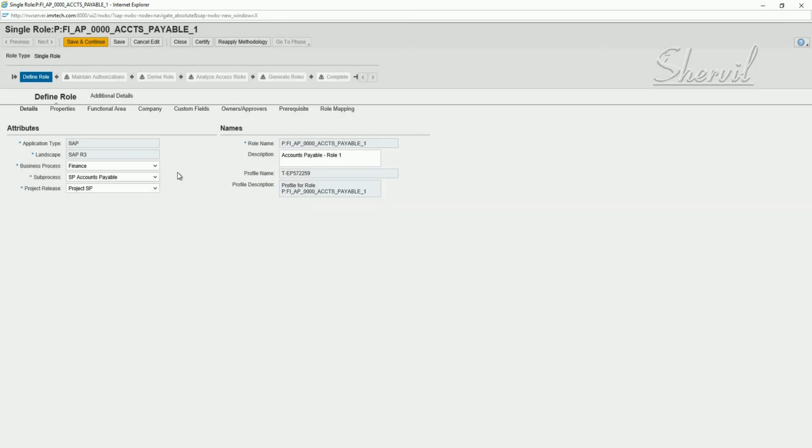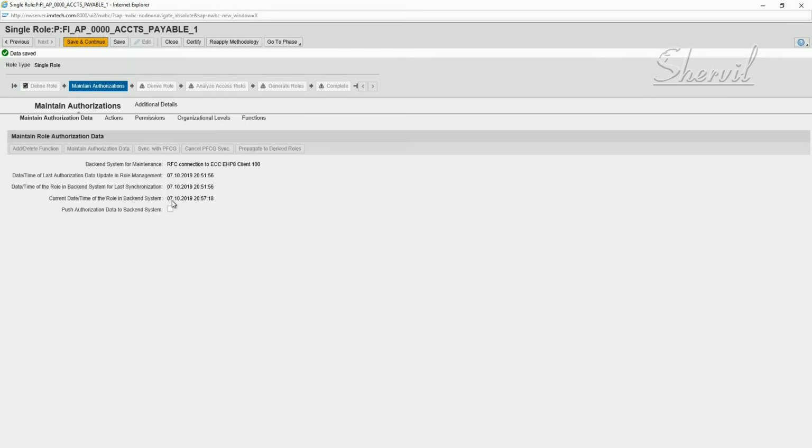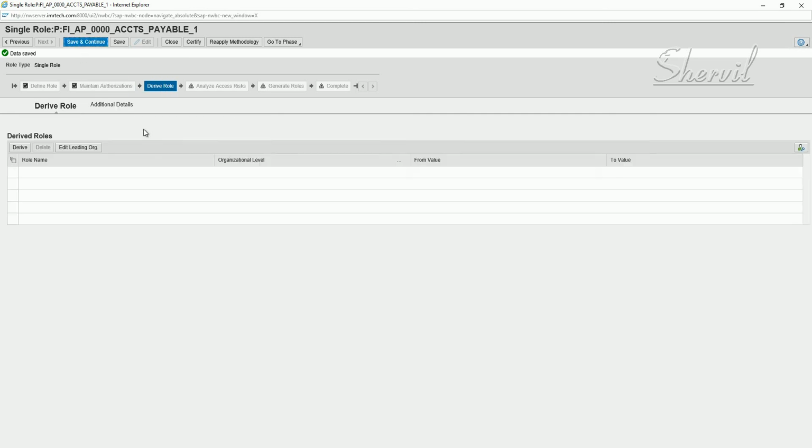Okay. Save and continue. We already maintained the actions and permissions and all. Click on continue. And here, now you can go and derive the roles. So click on derive roles,